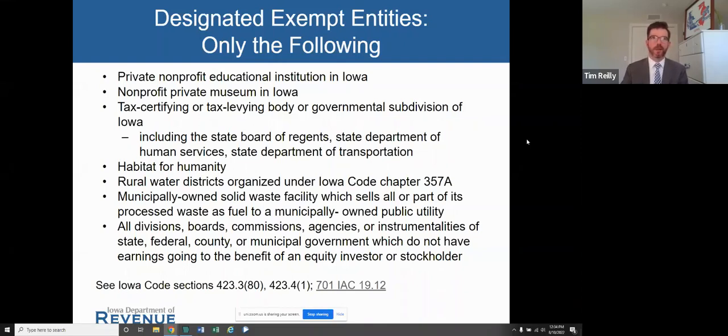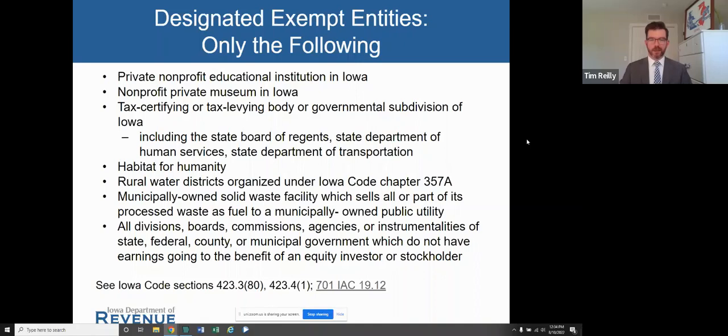Because they are fact intensive, as I mentioned at the very beginning in general about declaratory orders, we have written several declaratory orders signed by the director in the last couple of years related to whether an entity is a designated exempt entity or not.